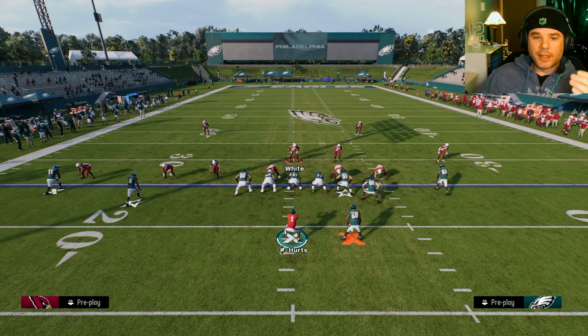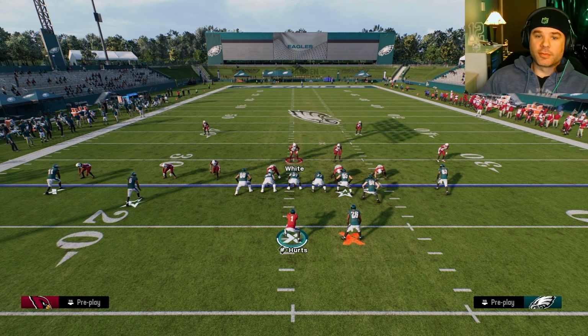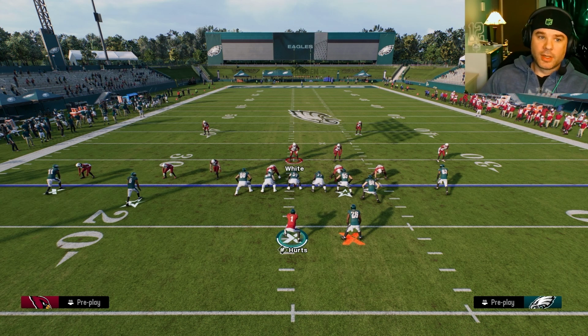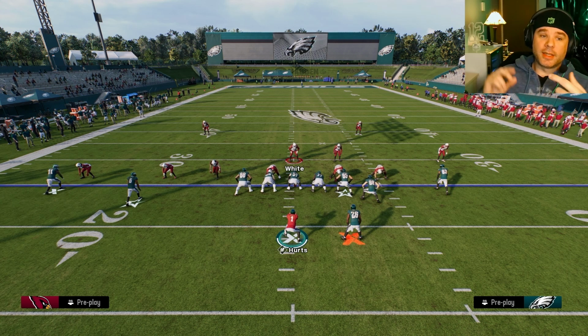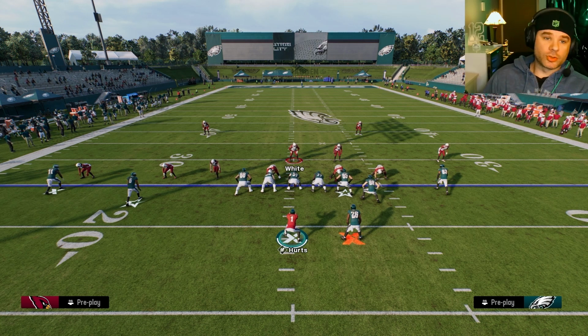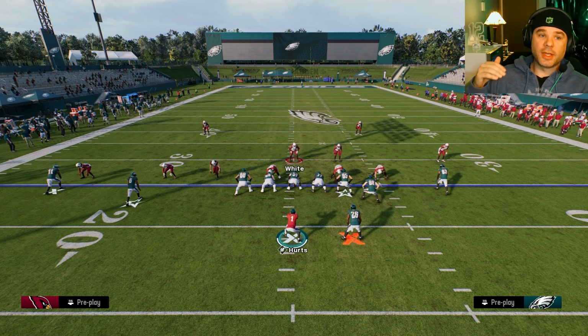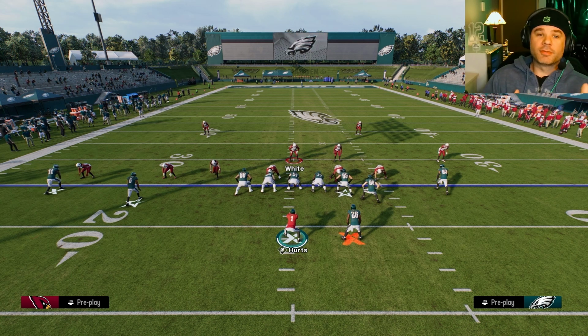Use the run play to get the clock moving, so that you can get into a position where you're going to have the ball last before half, or near the end of the game, you're not going to give them enough time to score. I like to keep that number around 30 seconds. If I can score with 30 seconds or less left in the half, there's a good chance that I can either stop them, play conservative defense that doesn't allow them to get a field goal or score at all, or it puts them in a situation where they have to throw the ball and you know they're going to throw it. And there's a decent chance you can get a turnover and you still have enough time to